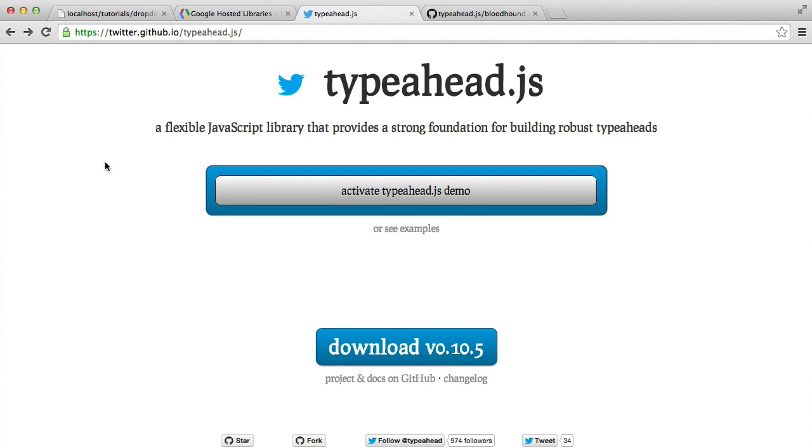Now that we've prepared the data set within that users file, we're now getting on to the more exciting part of actually putting this all together so it works. So we're going to be using typeahead.js. This is from Twitter. We're going to go ahead and just download it as a raw file and copy it